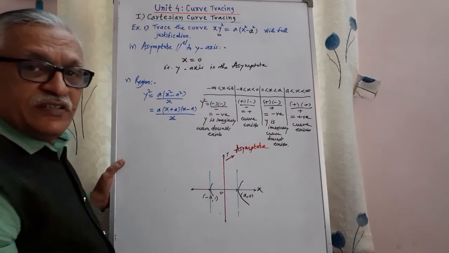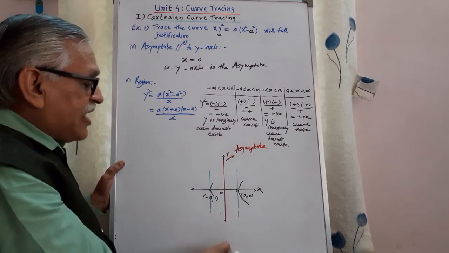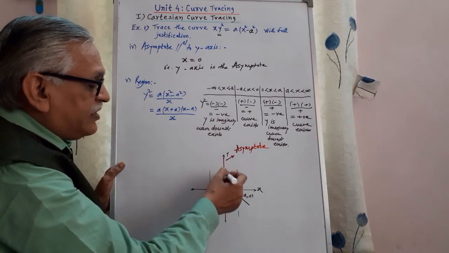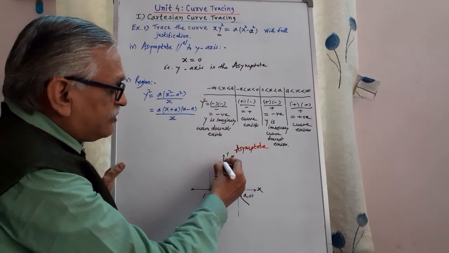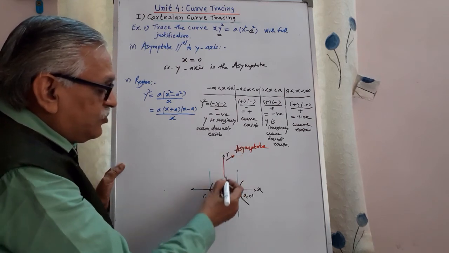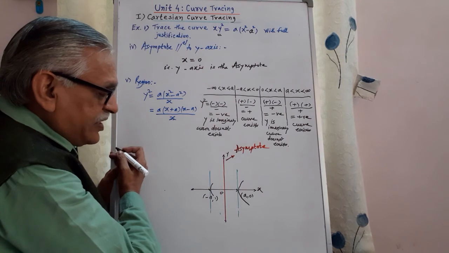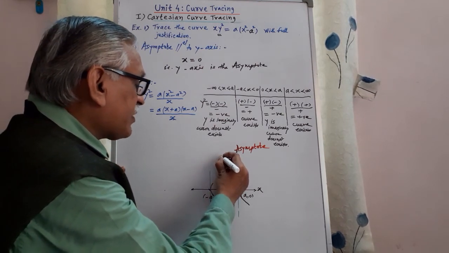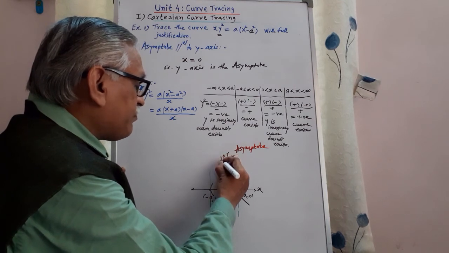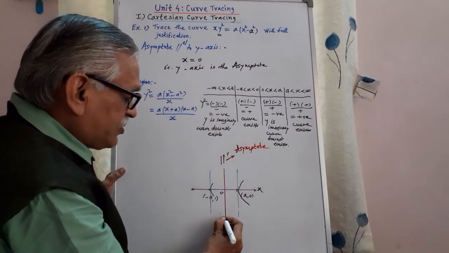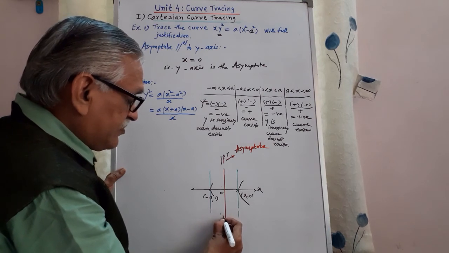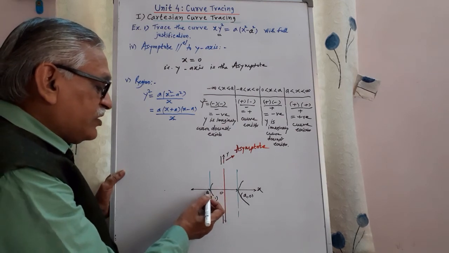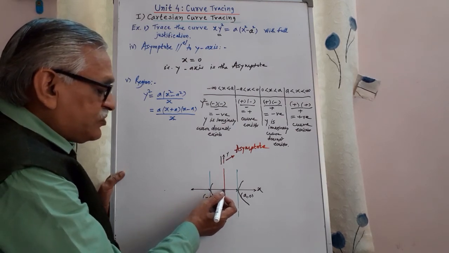The curve is not passing through the origin, and this y-axis is the asymptote, and as the y-axis is an asymptote, we have to show it indirectly by making a part of the curve parallel to this line. Therefore, I will draw that on the left side of this line, as the curve exists between minus a to 0. Therefore, I will make a slightly parallel part on both sides. Okay. Therefore, we have to complete the figure knowing the fact that the curve exists between minus a to 0.